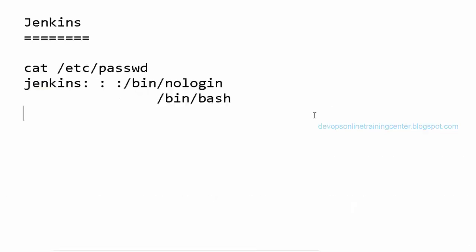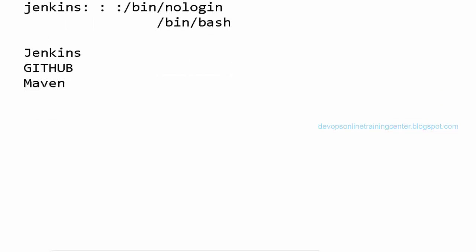We'll see this. So we integrated Jenkins with GitHub and with Maven, right? We downloaded the code from GitHub, we gave the URL in Jenkins, and it automatically downloaded to the workspace. From there, we used Maven install, which is a Maven goal, that compiled the code and generated the binaries. The jar file or war file is generated based on the pom.xml, and it has done packaging. So till that part we have seen.